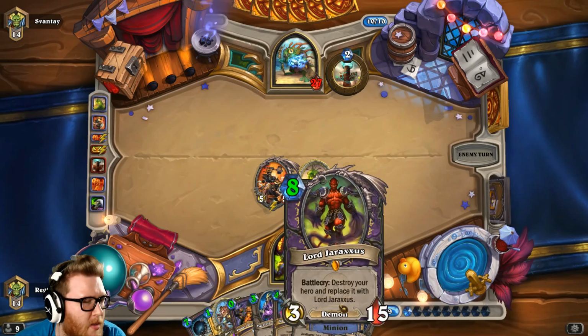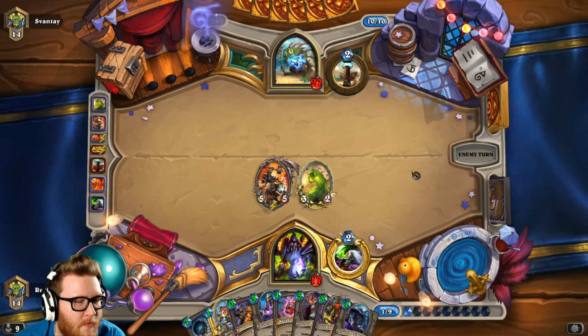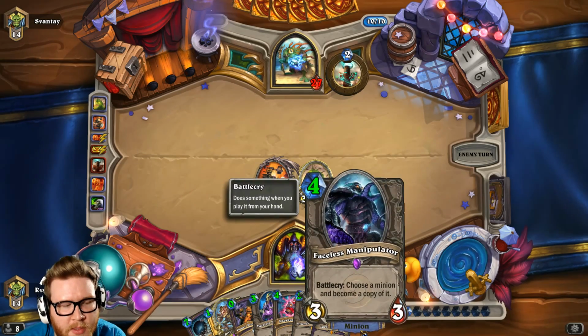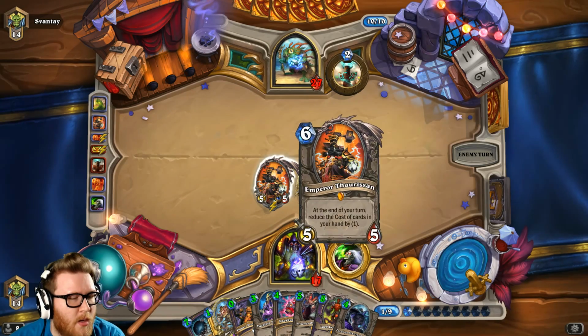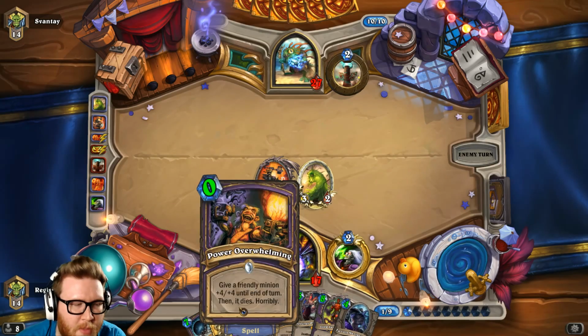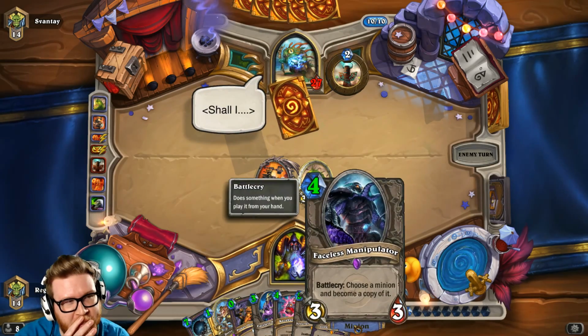Leroy wins. Jaraxxus will eventually start winning. So the Leroy combo is 20 damage, right? So this puts me on a 2-turn lethal if I draw, or a 1-turn lethal if I draw Leroy. Because Leroy's 6 plus 4 from Power Overwhelming. That's 10. You copy him. Both charge for 20. So